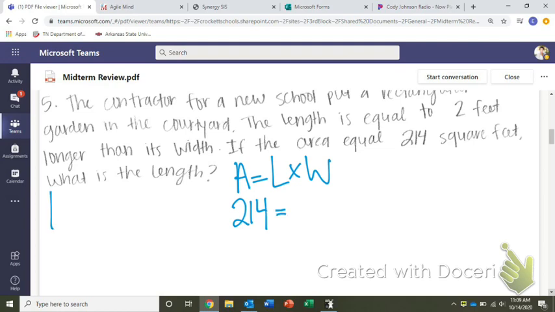Now, our length, it says right here, the length is equal to 2 feet longer than its width. Well, if it's 2 feet longer, it's 2 feet greater than, so I'm going to say